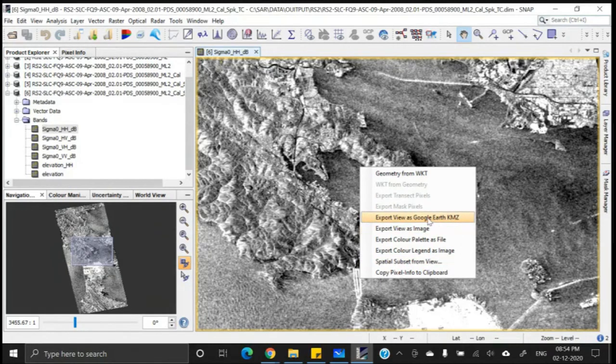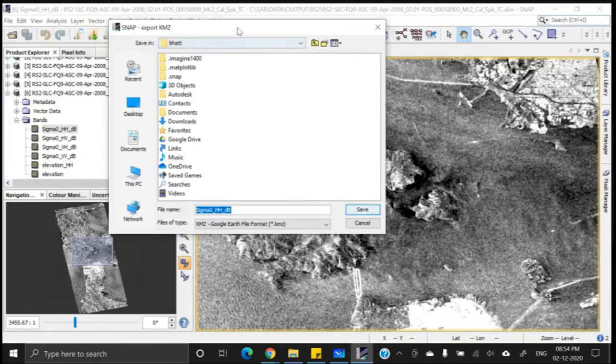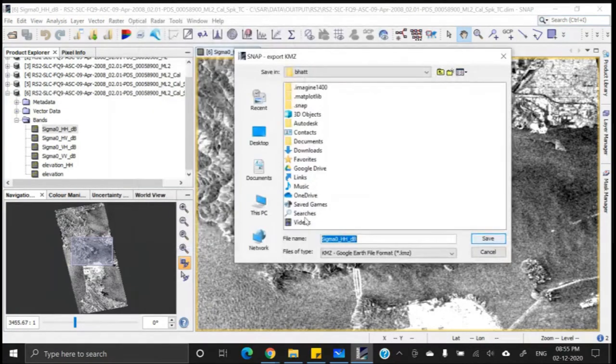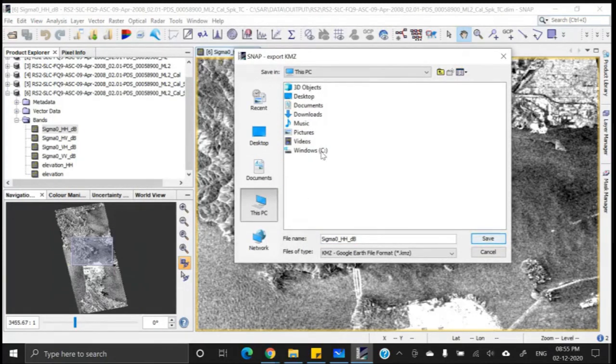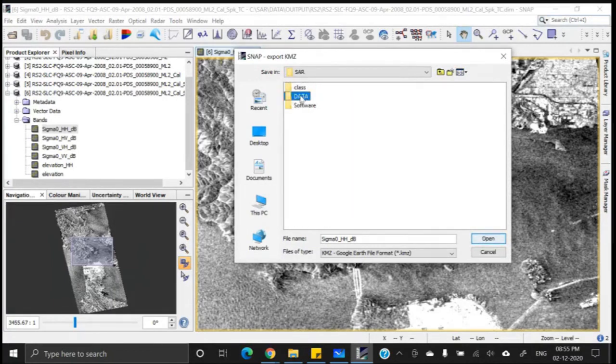Click on Export View as Google Earth KMZ. Give the file name and also select your folder. Output, say ASAR San Francisco. File extension will be KMZ and click on save.